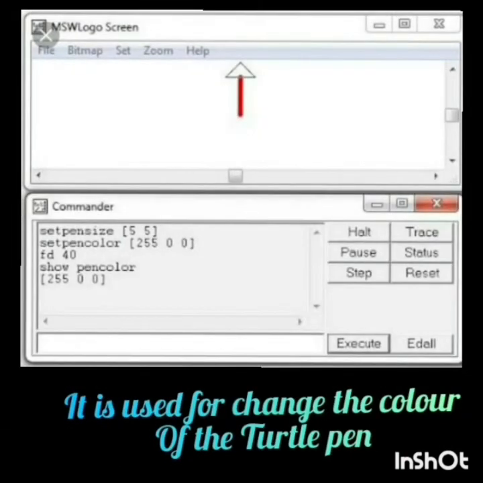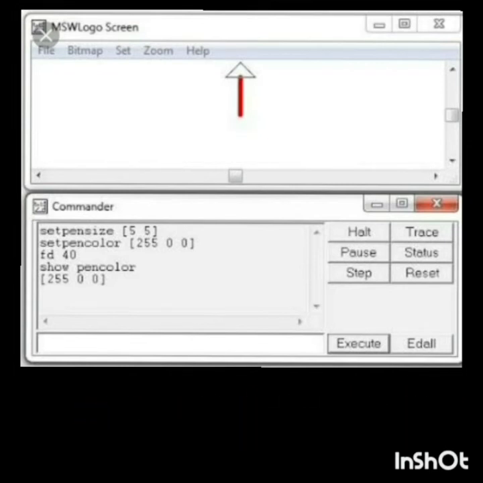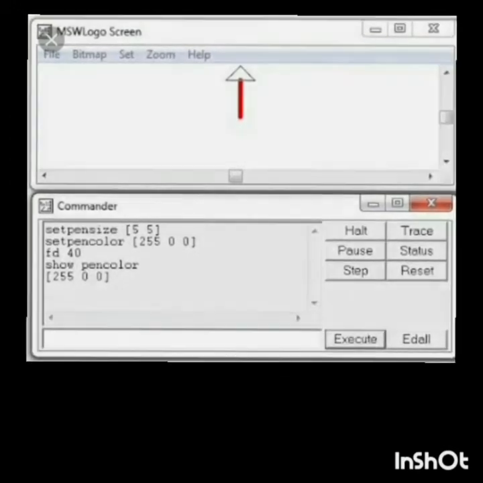SETPC. This command is used to change the color of the turtle pen. Numbers from 0 to 15 represent different colors. SETPC 1 FD 60. The turtle changes its pen color to blue and all the subsequent